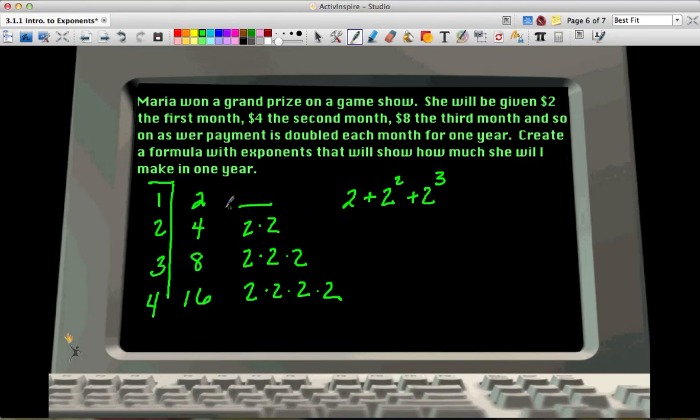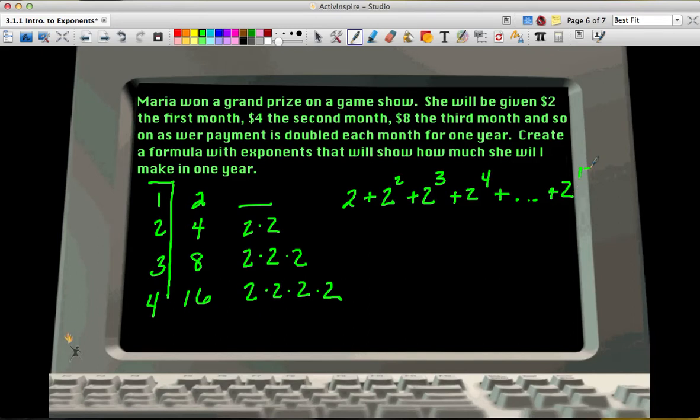Now the reason we're adding these is because the first month she gets $2, then she gets 4, then she gets 8, then she gets 16. So it's not that she's getting 2 this month and then the next month she gets another 2 and then another 4. She gets 2 and then another 4, so she gets 6 plus another 8, so that's 14, so on and so forth. So you're going to add all these all the way up to